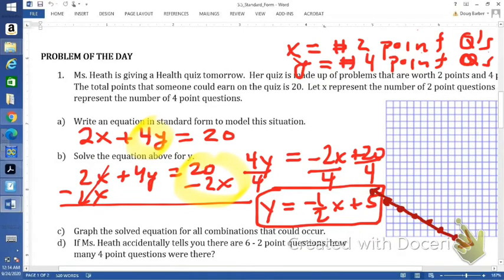Okay, so we just did part C, where we graphed the solved equation for all combinations that could occur. Now, if Miss Heath accidentally tells you there are 6 2-point questions, how many 4-point questions were there? If there's 6 2-point questions, we're going to substitute that in for x here. So we're going to have y equaling